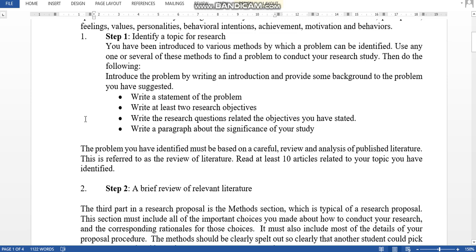Okay, that more or less comprises your chapter 1, and for your chapter 2 it is fully